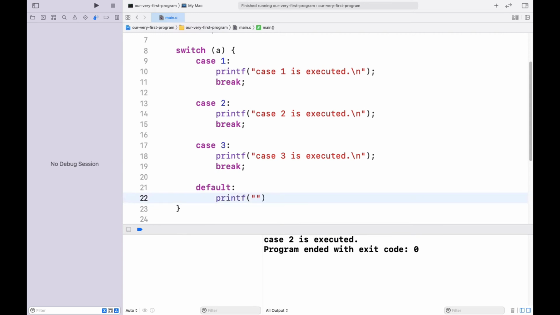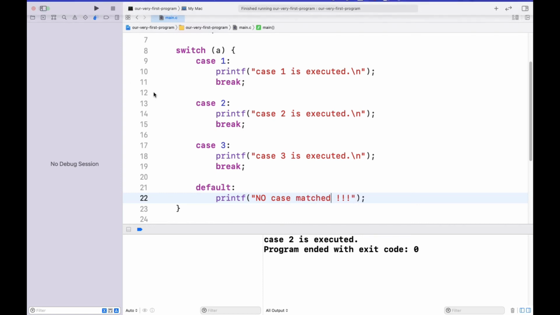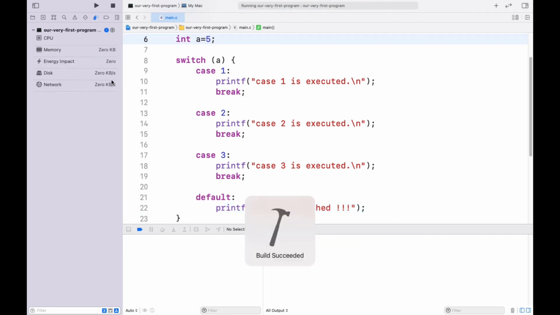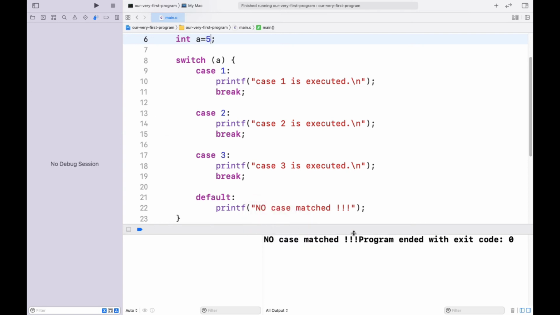Printf, and let's get a default statement here, or you can say error, wrong option, or generally these types of statements are used, or you can say no case matched. Okay, let's give the value of A to be 5 itself, and there you go. You can see we are receiving no case matched.